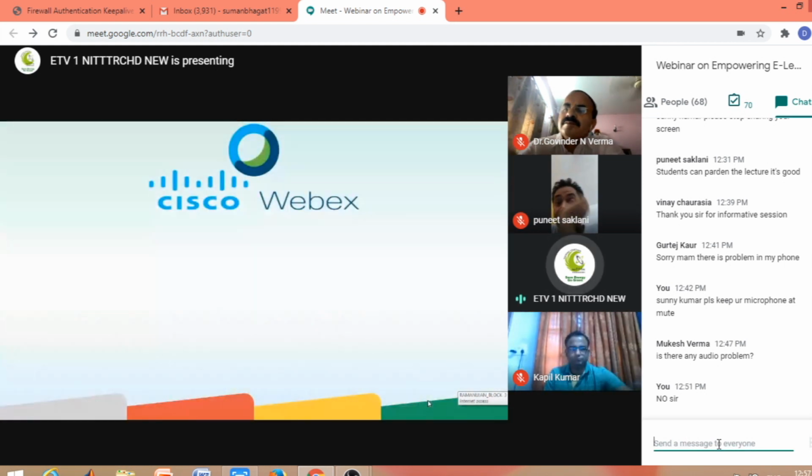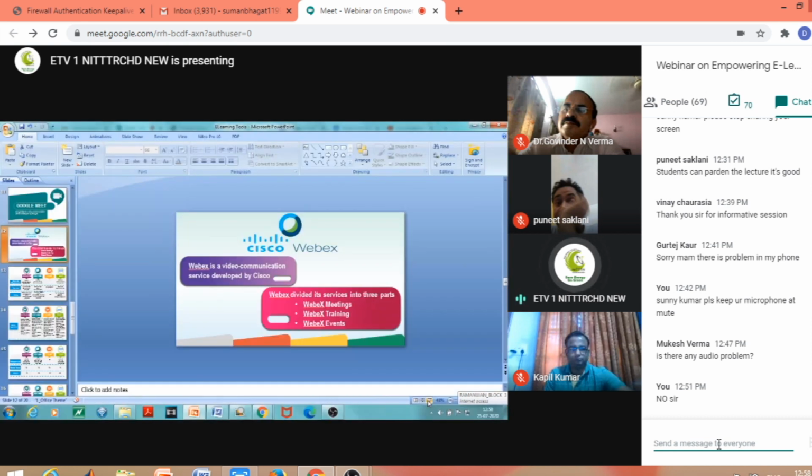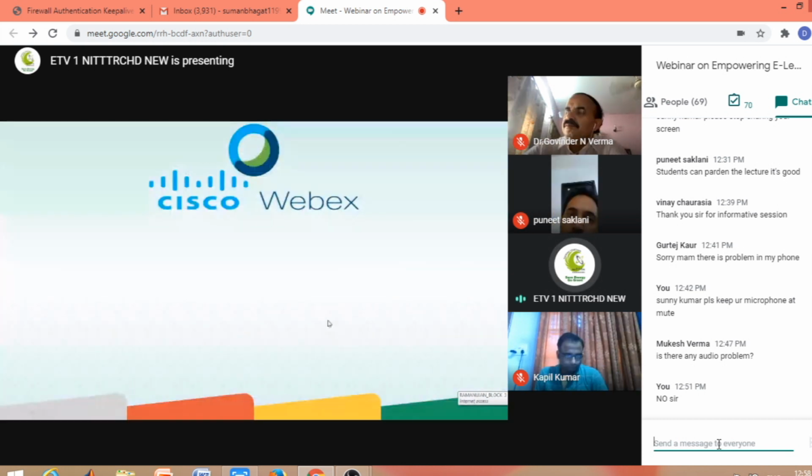Next is WebEx. The free version of WebEx will allow you to add only 100 participants, just like Google Meet, but the meeting will last for only 50 minutes. Unlike Google Meet, a meeting can last for 300 hours if you want to keep your meeting active for a long time. But in the case of Cisco WebEx, if you're using a free version, after 50 minutes the meeting will be disconnected and your participants need to connect again.